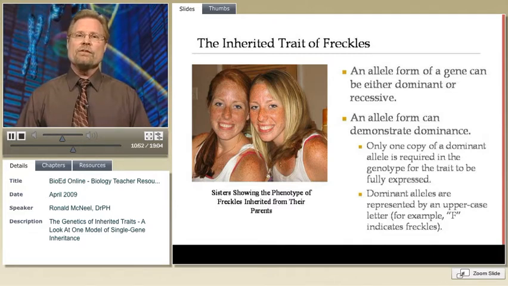In the case of a dominant allele form, a person only needs one copy of this allele form in the genotype for the trait to be fully expressed. Dominant alleles are usually represented by an uppercase letter, so we'll use an uppercase F to indicate the phenotype of